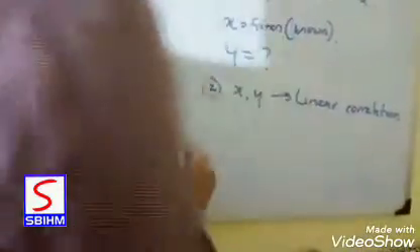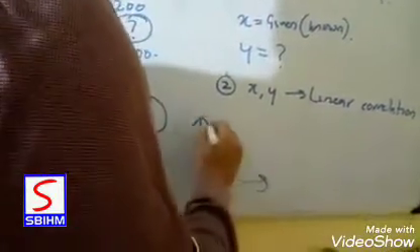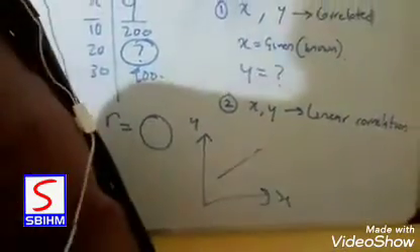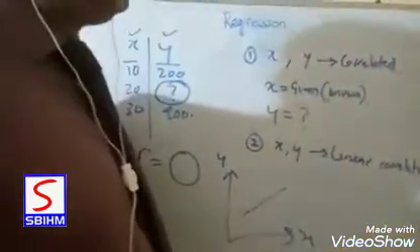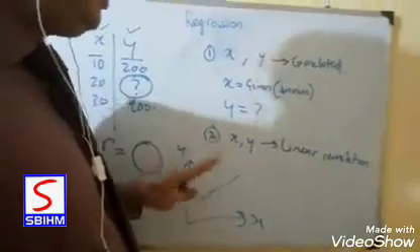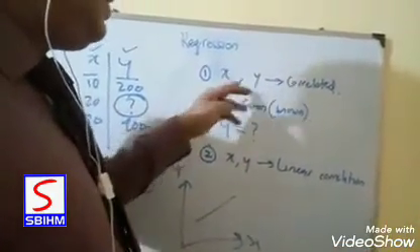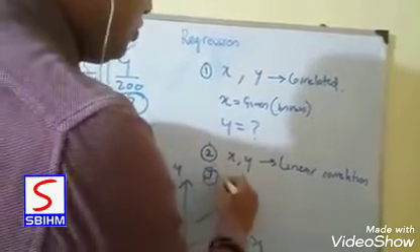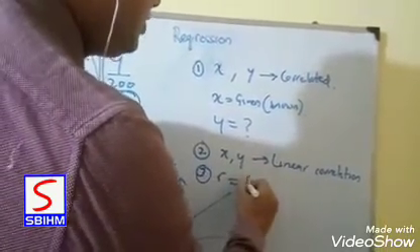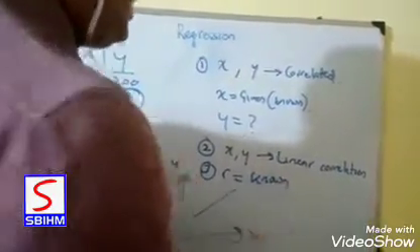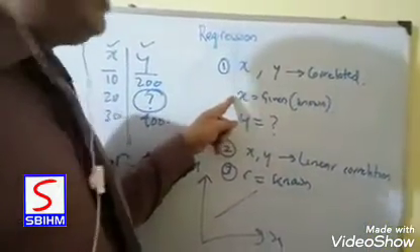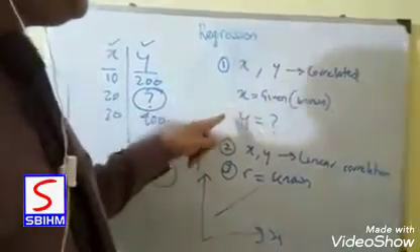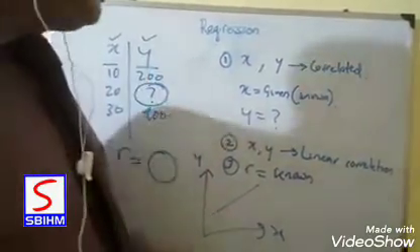Linear correlation means when we plot x and y in a graph, it gives a straight line. There are many types of correlation. Non-linear correlation is also there, but that is not included in the syllabus. So there is a linear correlation between x and y, and the value of r, or correlation coefficient, is known. Then if one variable's value is given, how to estimate the value of the second? This is known as regression. We do it through regression.